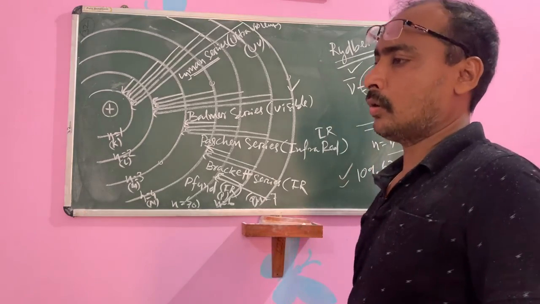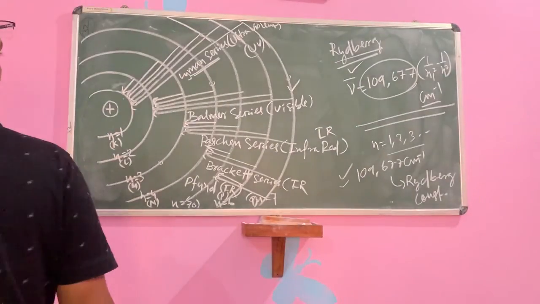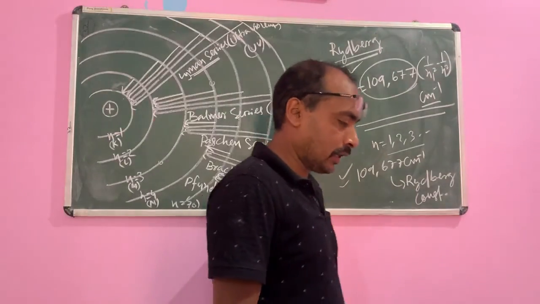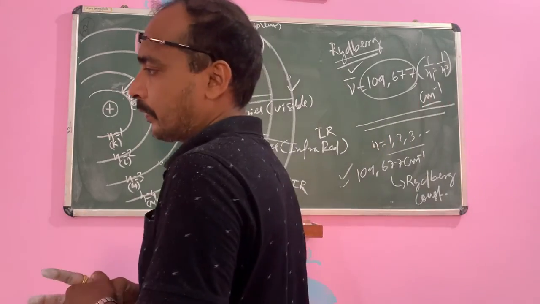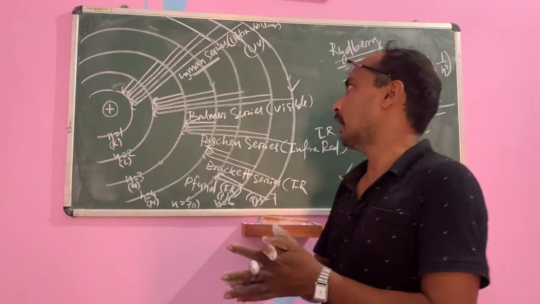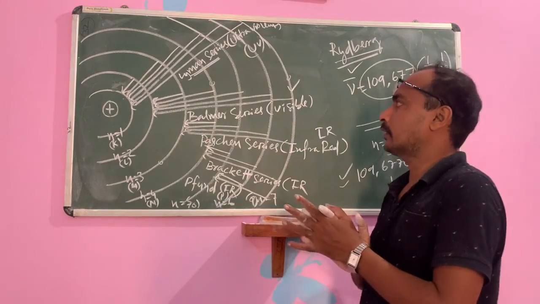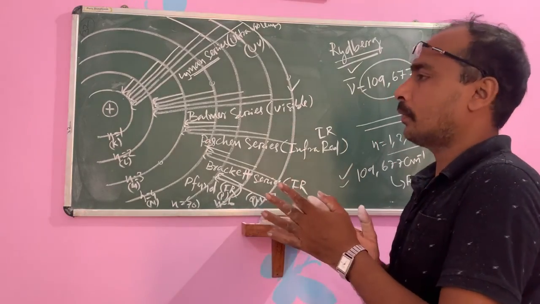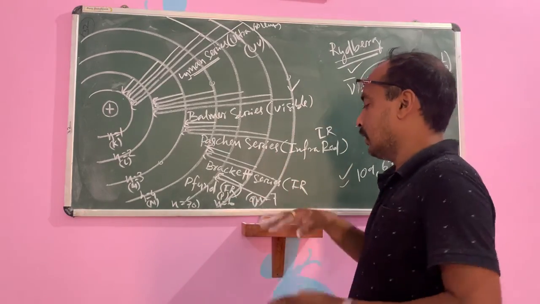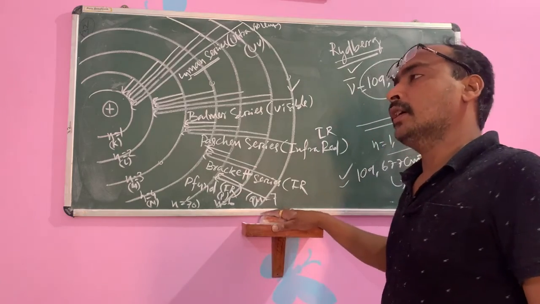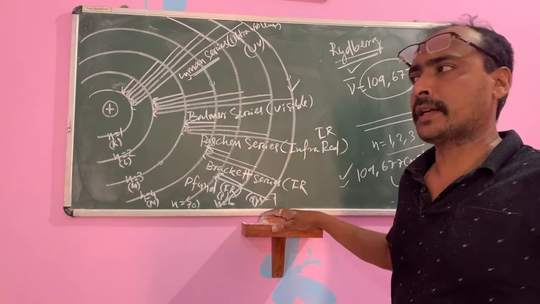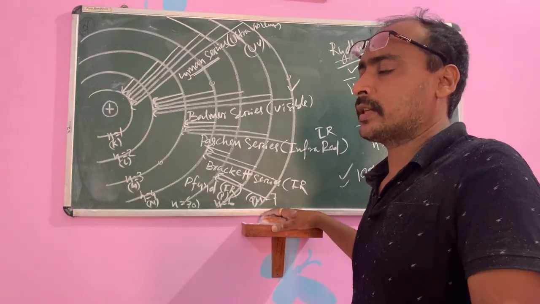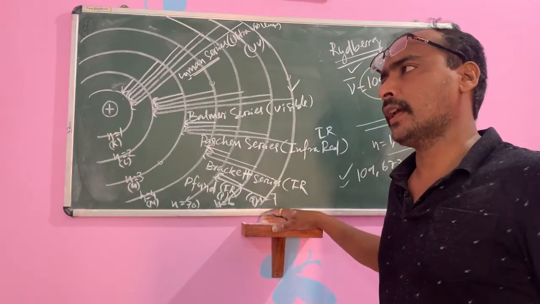So these are all about the dual character of electromagnetic radiations. The first one is the wave nature, then the particle nature. This is the last part of the particle nature, the line spectra of hydrogen. So children, next class we will discuss the atomic spectra, how atoms are excited to form their spectra.